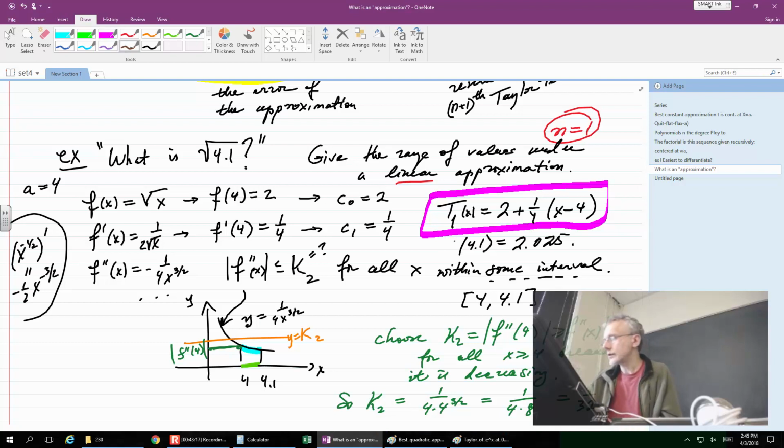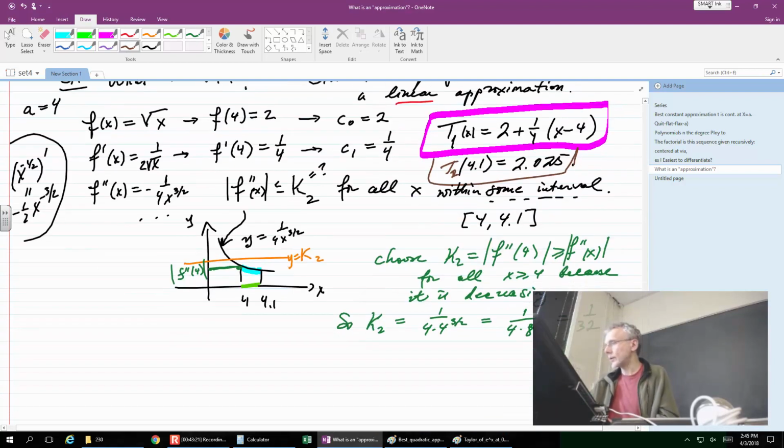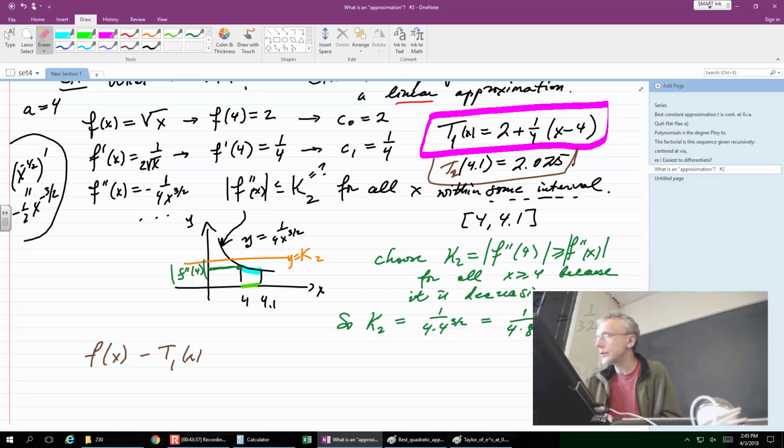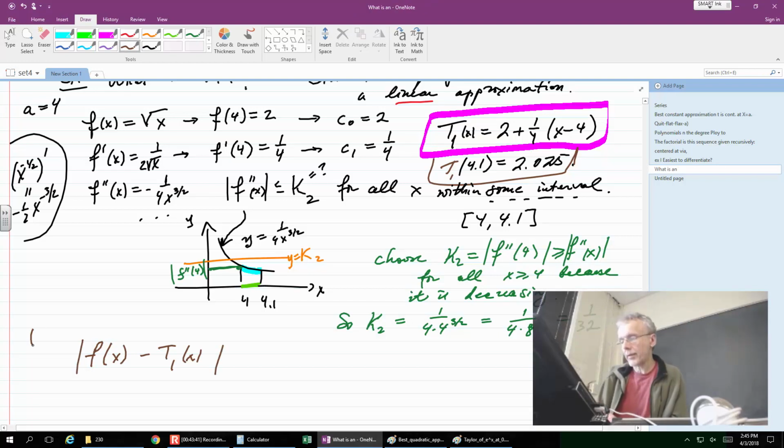So then we know that f of x minus T1 of x. Why is it T2? It's a T1 over here. T1 is, by the theorem,